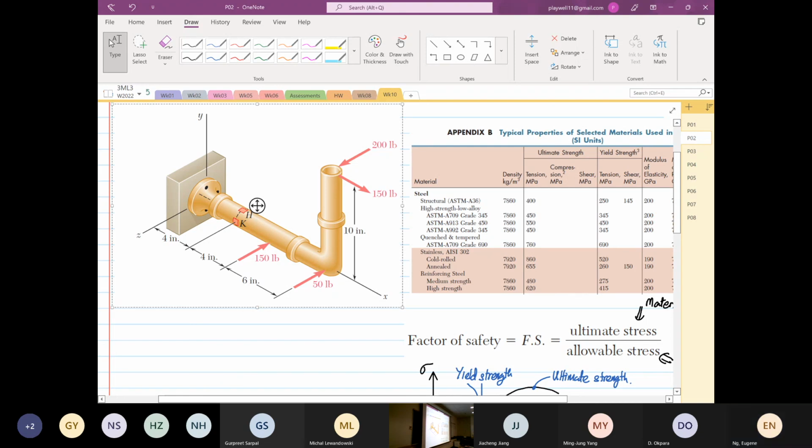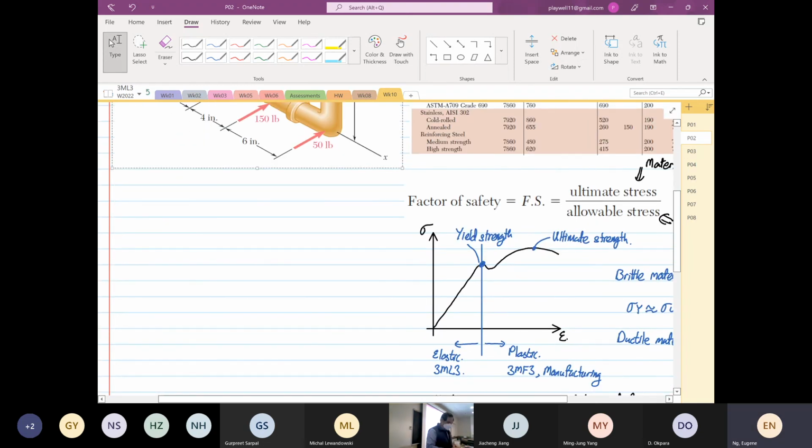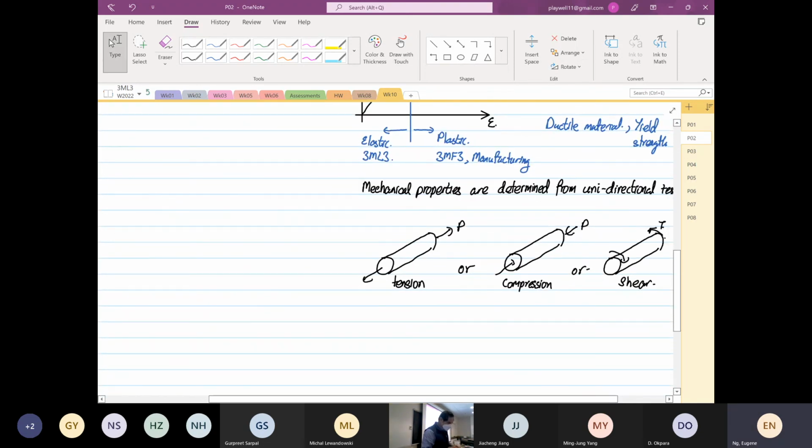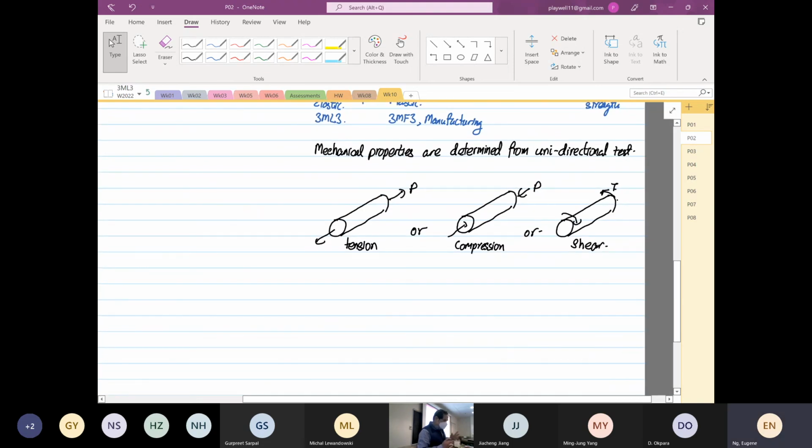Now, I will make you go through the procedure, right? How to do this, okay? Now, coming back to here. All these are uniaxial. Okay, uniaxial. So we are going to put an element